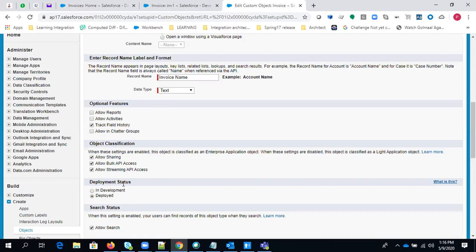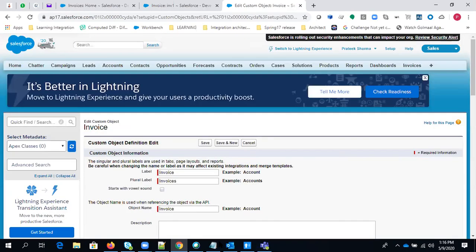You need to check this track field history checkbox, then only will you be able to track any field history. So just tick this checkbox. The other checkboxes I will explain later. Right now I'm just checking the track field history checkbox and hitting save.